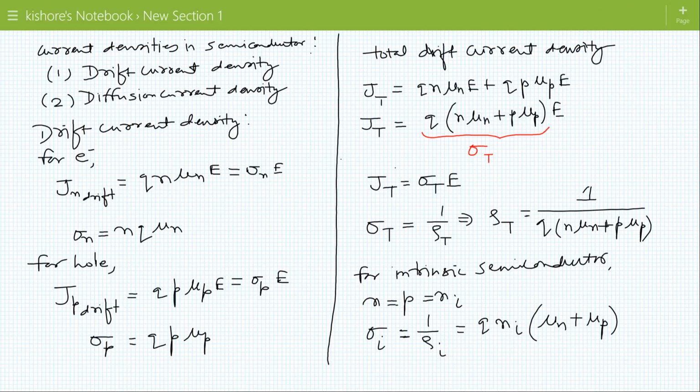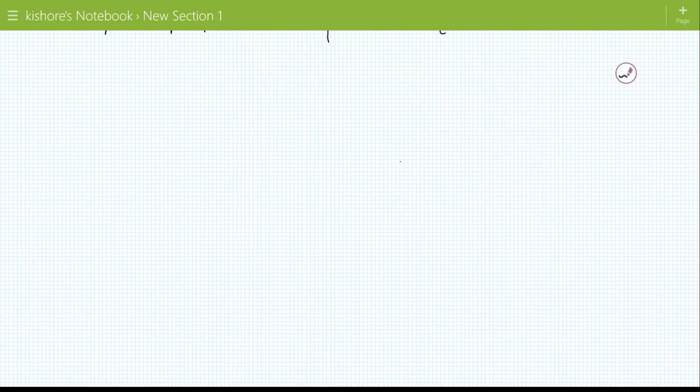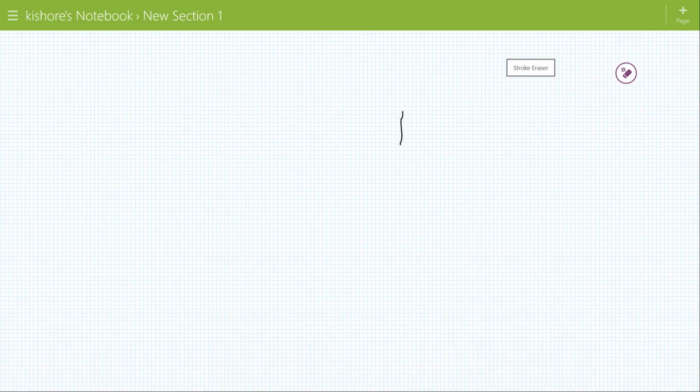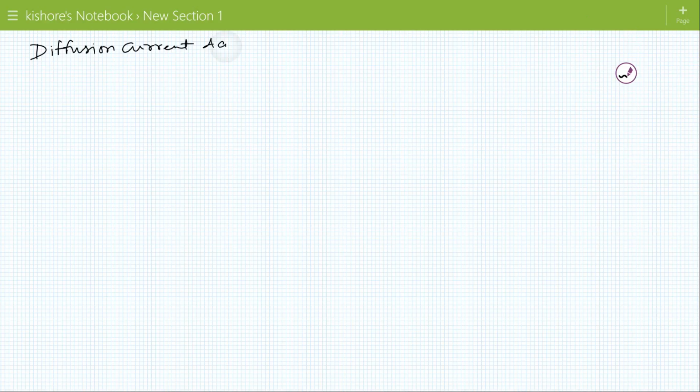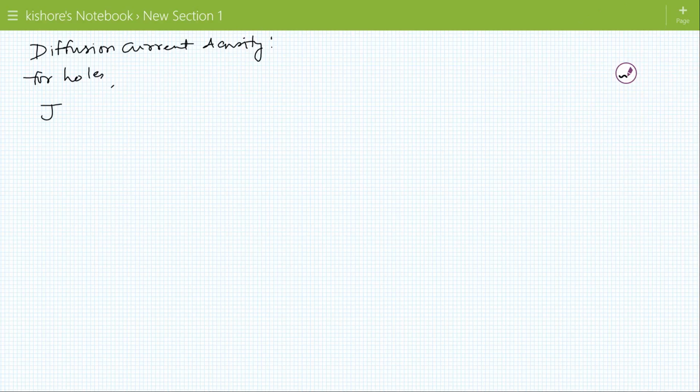Now next is diffusion current density. Let us see diffusion current density. For the case of holes, Jp diffusion is